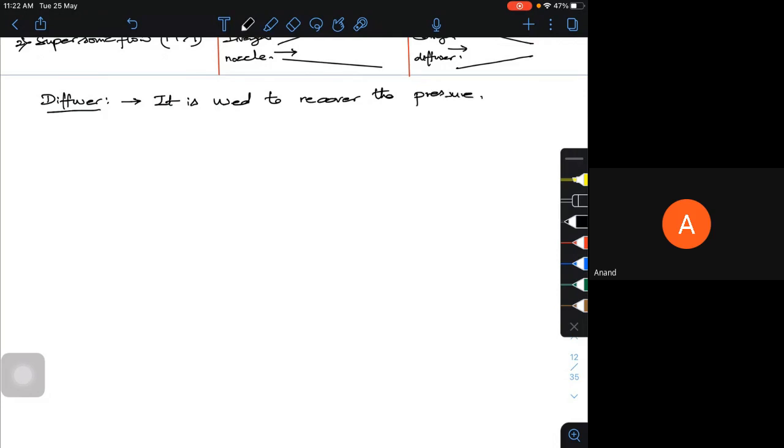When you speak of recovering the pressure, one of the major things that comes into the picture is the pressure recovery coefficient. The recovery of the pressure is in terms of static values, because dynamic values are very rarely considered. But still, if you want, you can write in terms of static or stagnation, it doesn't matter. You might know that the pressure coefficient is also called the recovery coefficient.